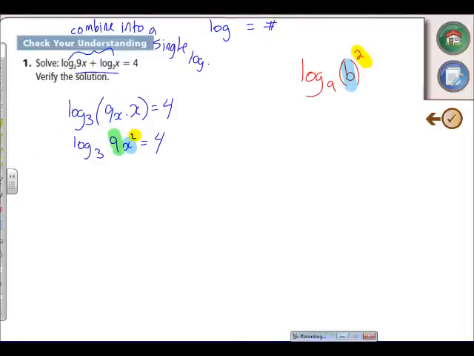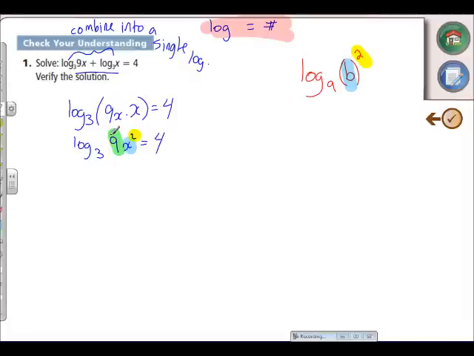So that's a common mistake that lots of people make. They try to bring an exponent down in front of a log when it's not to the full thing. There would have to be brackets around here, which there are not. There are not brackets, so we cannot bring that down. But once we get it into a log equal to a number, we're going to take it to